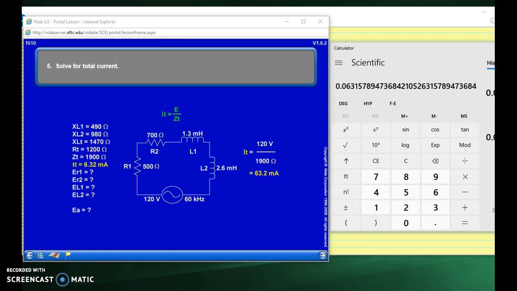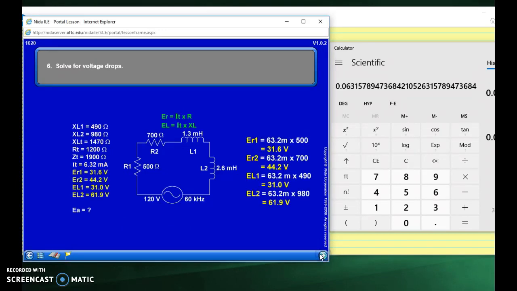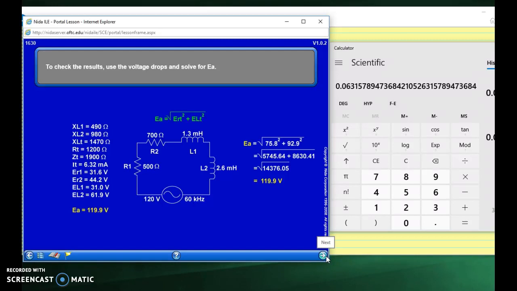So let's see if we can finish up. We're running shy of time. The voltage drop across each component is basically just a matter of taking that current and multiplying it by each one of these. Now I'm not going to take the time to do that, so there's just simply not enough time. But if we take this 63.2, not 6.32, remember this is an error, this right here should be 63.2. Multiply it by either the resistance or the impedance, and we'll get the values of each of the voltage drops. So let's see what it came up with, and we'll take a look at this slide on the next